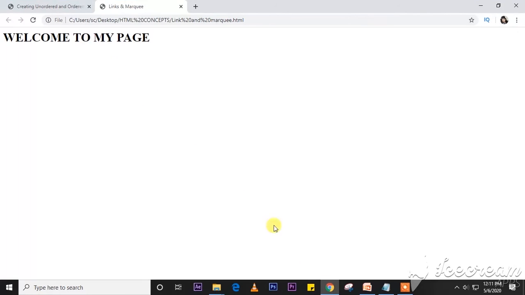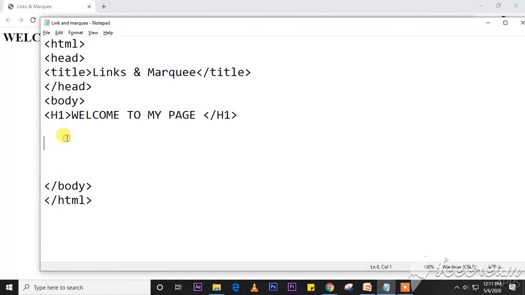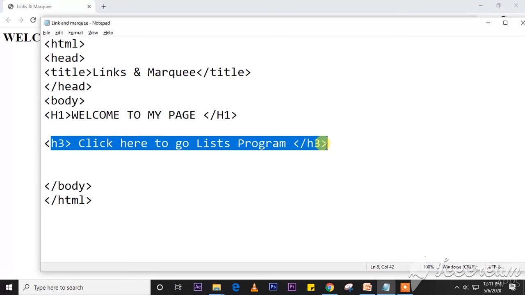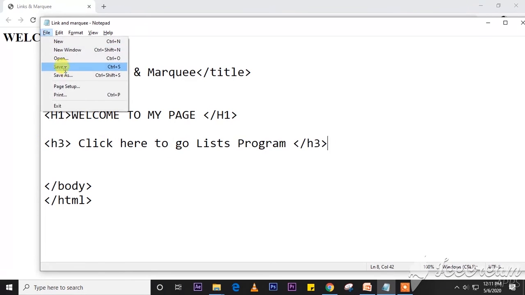Now you can see here only body, there is only h1 tag. So you can observe here welcome to my page. Now I want to go to previous page. Click here to go to list program, previous program. So how can I do it? See here,